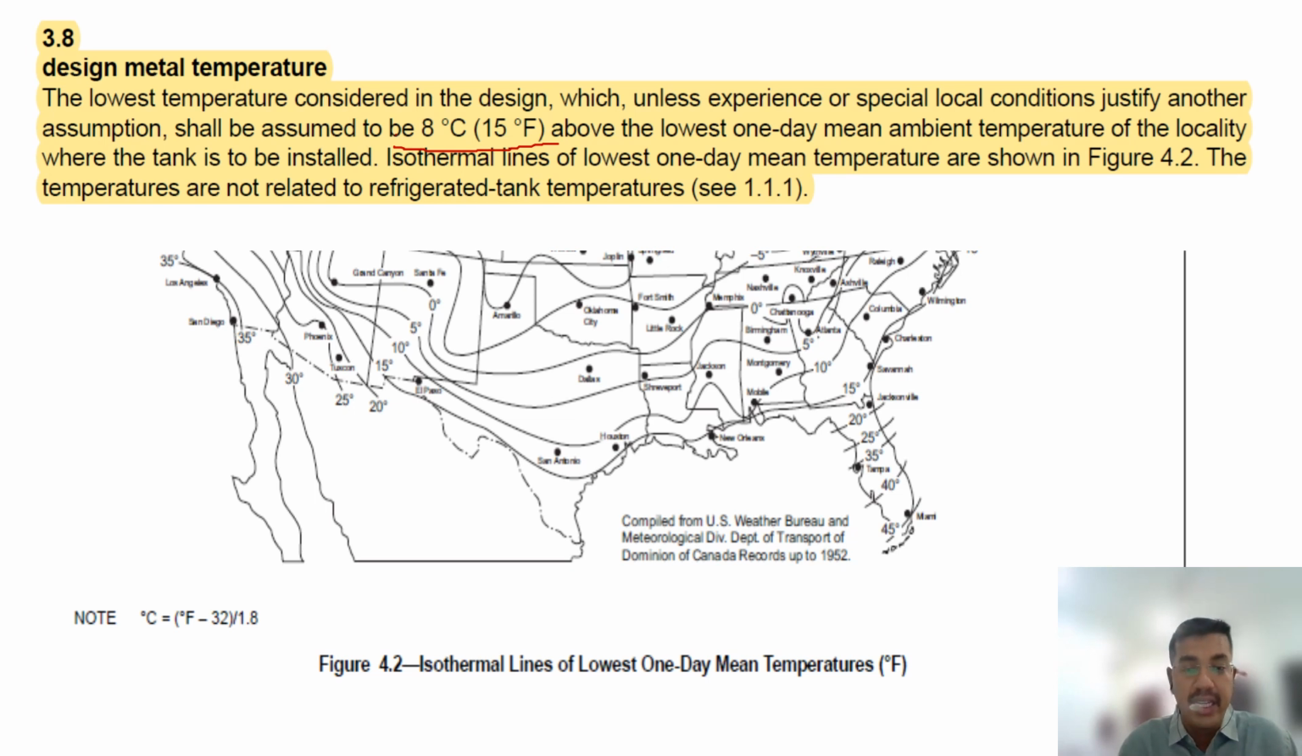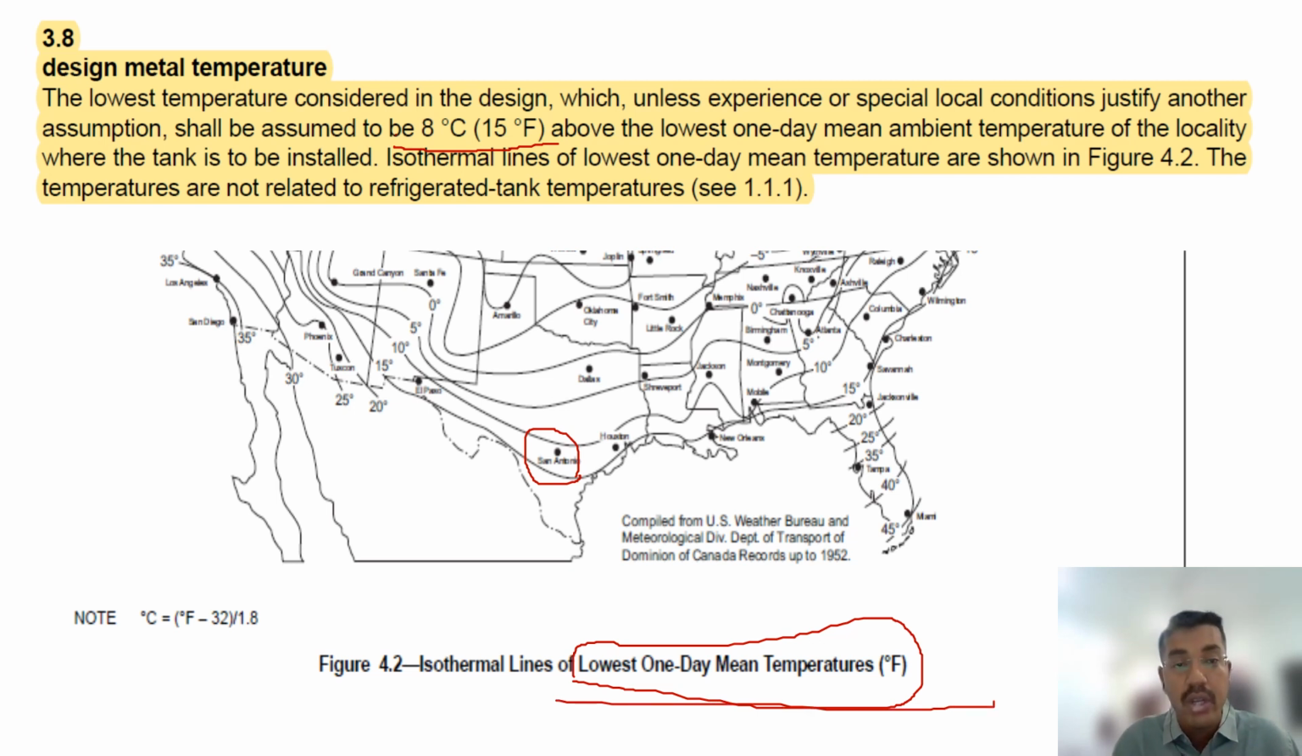In API 653, they have given a US Weather Bureau and Meteorological Division, Department of Transport, Dominion of Canada records up to 1952. So what they do, they mention one US Weather Bureau weather chart. In that, some locations are mentioned, and for each location the lowest 1-day mean temperature is also mentioned. The question will either ask what is the lowest 1-day mean temperature, you have to go to the chart, find it out, and write figure 4.2,